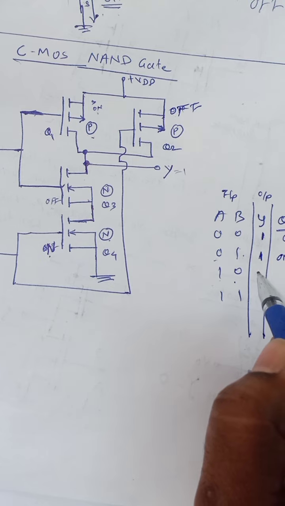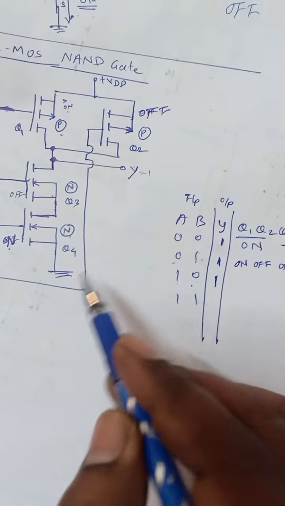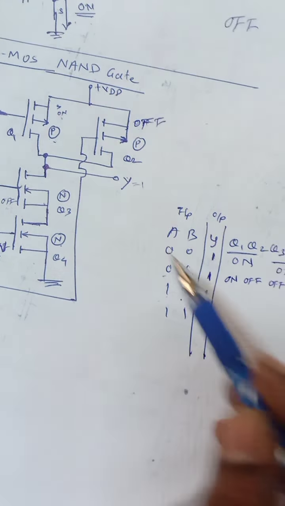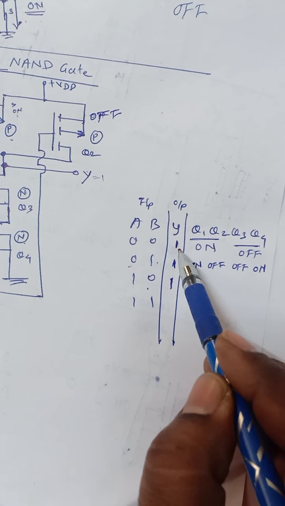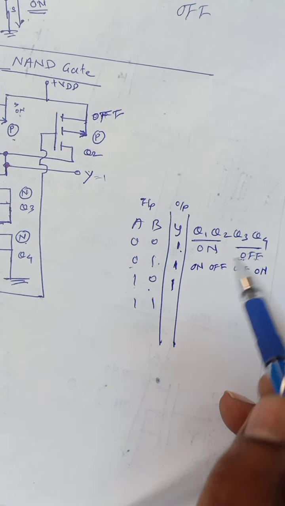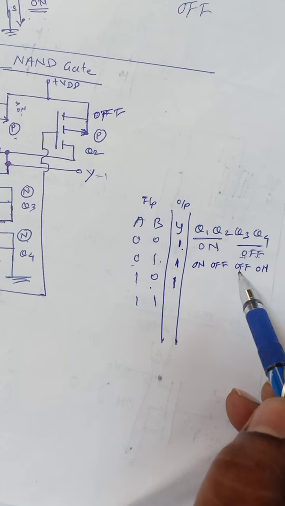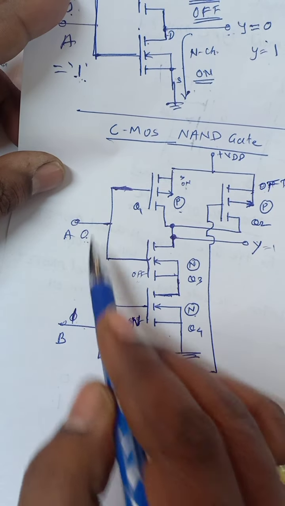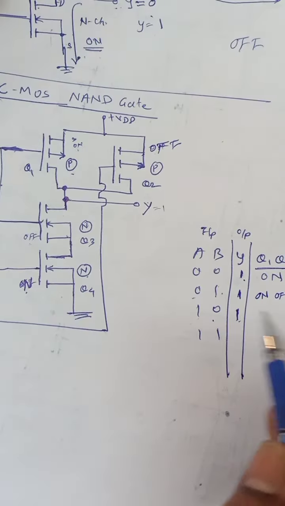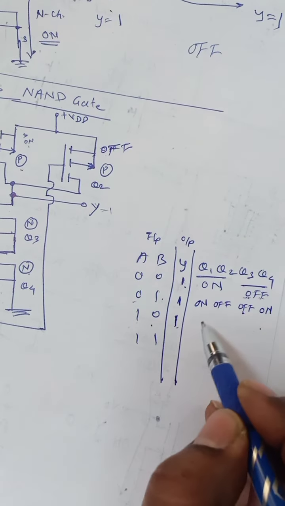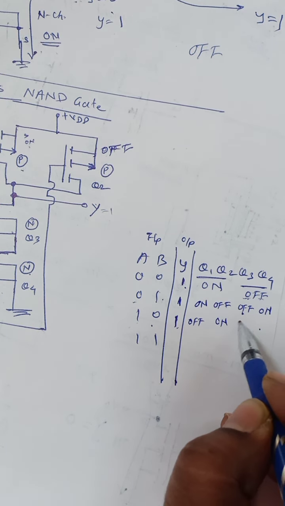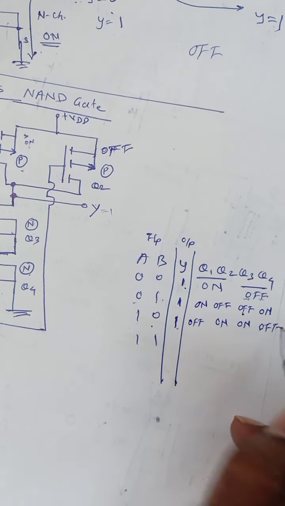Similarly for this you will get 1, because one of the transistors or both will turn off. Here the lower transistor will turn off, and for this it will turn off. Okay, if we change to 0 here and 1 is applied here, then it interchanges the states. So this becomes off, this becomes on, this becomes on, and this becomes off.